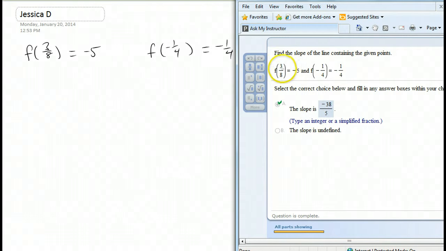The question that you asked was this one right here. You want to find the slope containing the given points. So I copied the problem down here, and the first thing to recognize, let me minimize this, the first thing